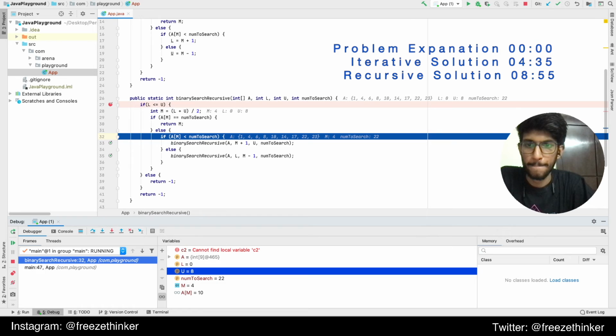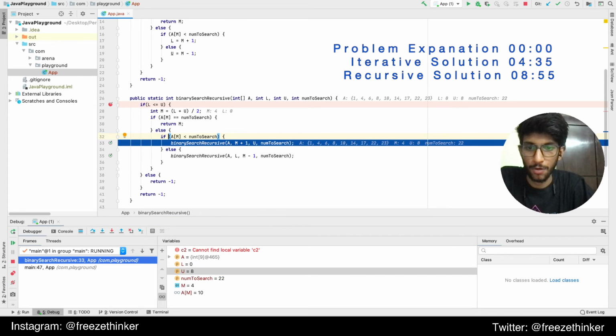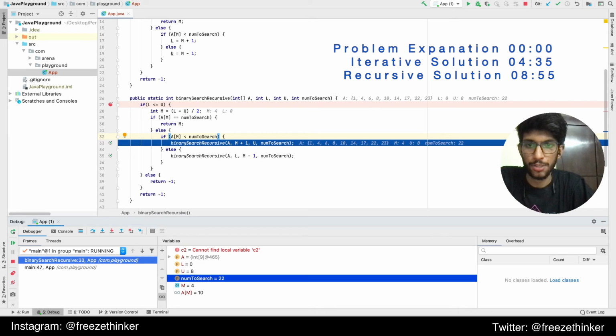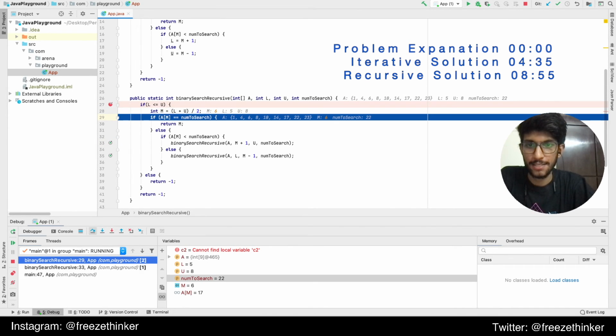And if the number at m, which is 4, was 10 and what we are searching for is 22, we push our lower bound to m plus 1, which is 5. We come with 5 and 8. We calculate m as 6.